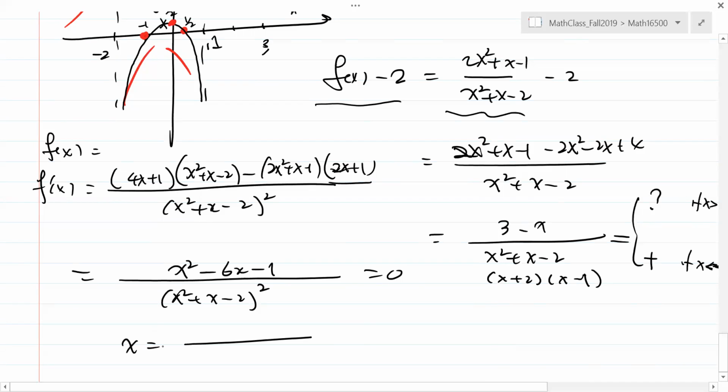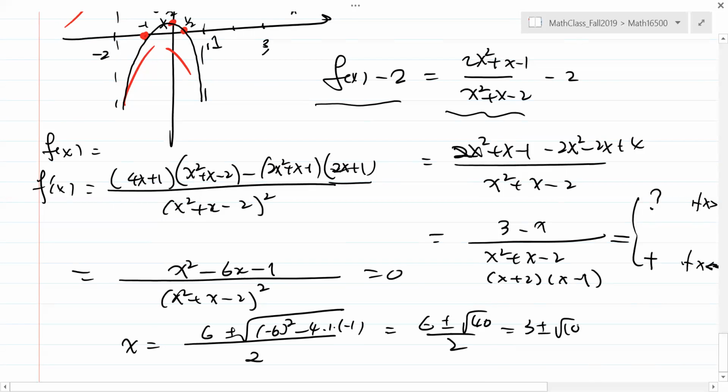X is going to be plus minus, here's 40 over 2. Okay, and after simplifying, it's going to be square root 10. All right, so you're getting 2 critical values